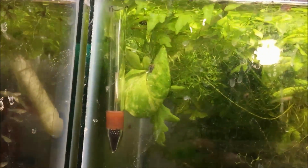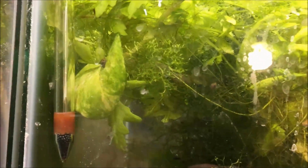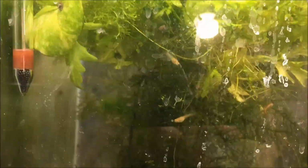Yeah, there's Dad. I don't know. There aren't that many fry in here. I mean, it's hard to tell because they're so light colored, and they get lost in the plants, but